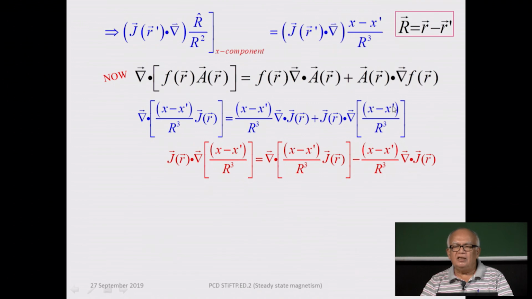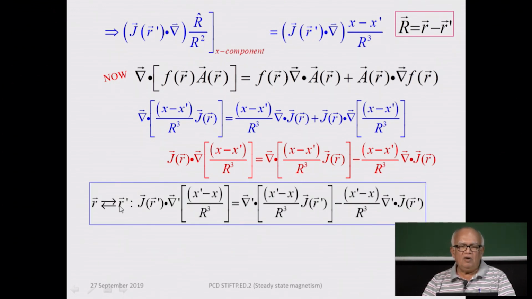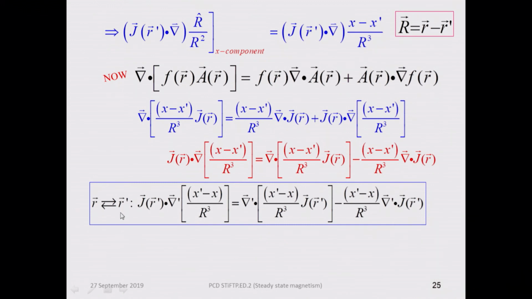And I am interested in this result because I am interested in this last term, j dot del of x minus x prime over r cube. This is the term which is coming here. So this last term is the left hand side minus the first term, alright. So this is the left hand side minus the first term, and I put that back over here, and now I interchange an r and r prime. Now, this is just a clever mathematical trick, because it enables us to get our result very easily. You can get it even if you do not do it, but then the argument becomes a little more complex. It is much easier to just swap the